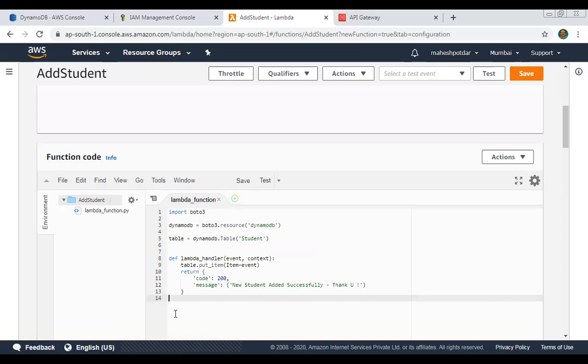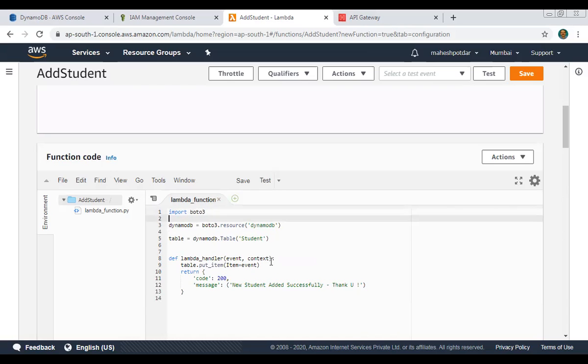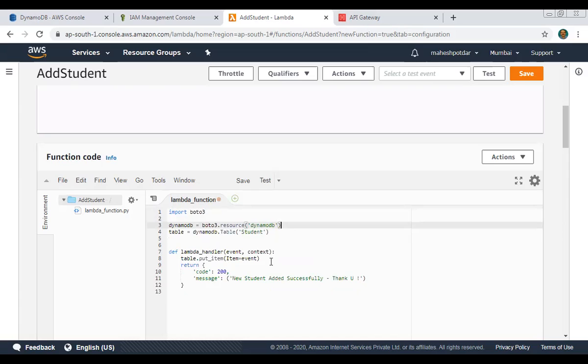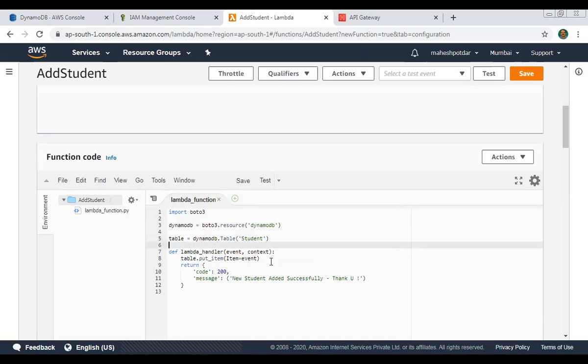So I'm using this particular code. Boto3 is the library provided by Amazon, which supports Python programming. So I'm using that library.